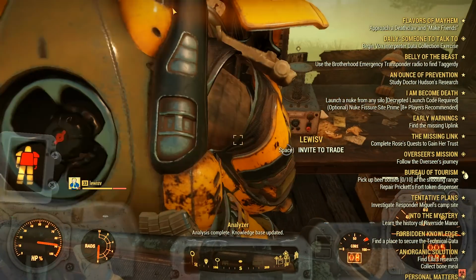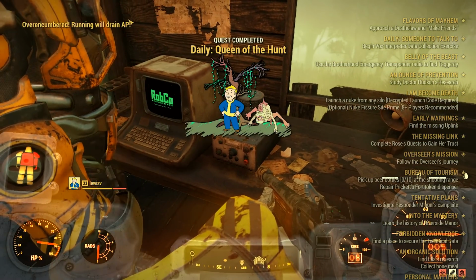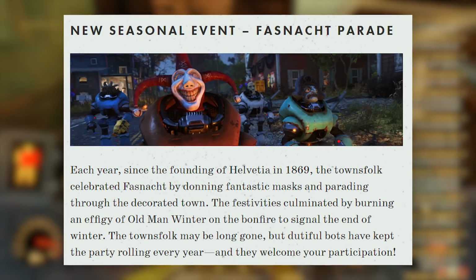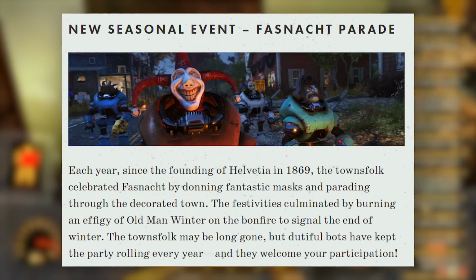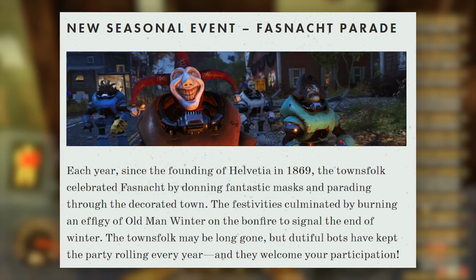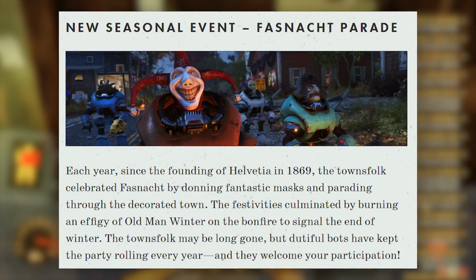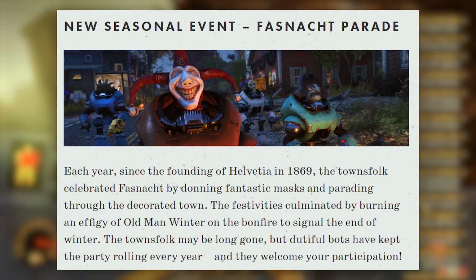week. Just keep in mind this was posted a couple of days ago, so what they're talking about here is this week. So let's start with the new seasonal event, the Soupon. Each year since the founding of Sourt in 1869, the townsfolk celebrated by donning fantastic masks and parading through the decorated town. The festivities culminated by burning an effigy of Old Man Winter on the bonfire to signal the